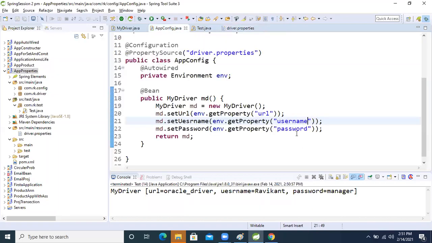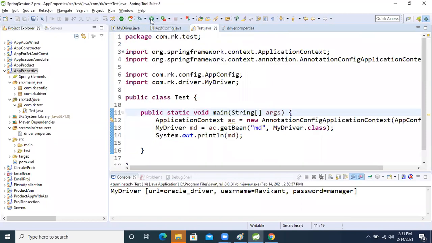Actually, sometimes it happens, a cache problem is there. One minute, paste it. Yes, some message is coming. What is that? PC name. Yes, yes, PC name is taking. I don't know. Okay, don't worry. I changed it, because of that user I taken. Okay, let's run this one. So now run this.